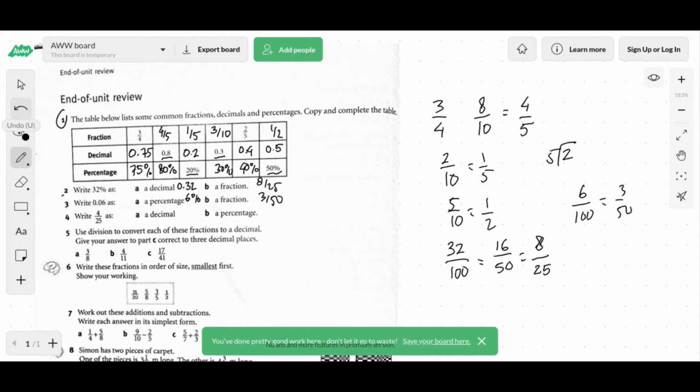Now the fourth question, 4/25 as a decimal. 0.16. 16. Bravo. How do you do that, Faiz? 25 times 4, and then 4 times 4. You change this one into 100, right? Times 4, times 4, and this is 16. This is also becoming 16%. So that will be like that.